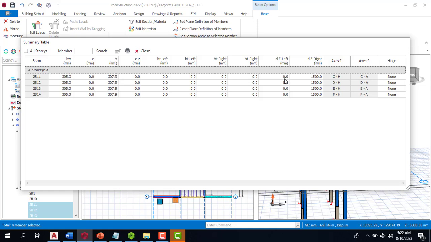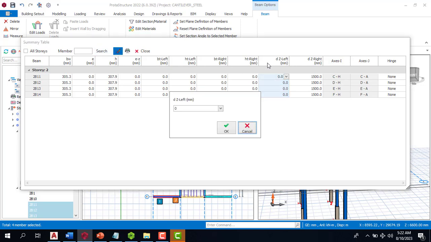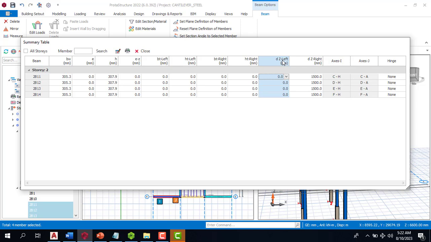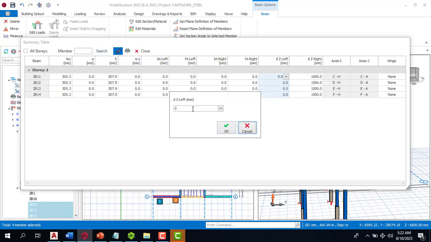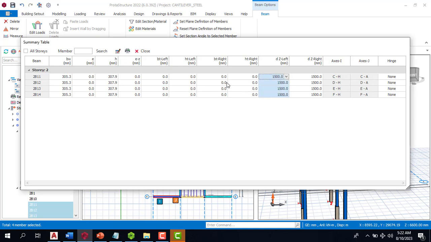left, which is this, I can just use this that looks like a pen. I'll take that again. I'll click here to highlight everything. Click this that looks like a pen, and I will make this 1500, and I will click on OK,